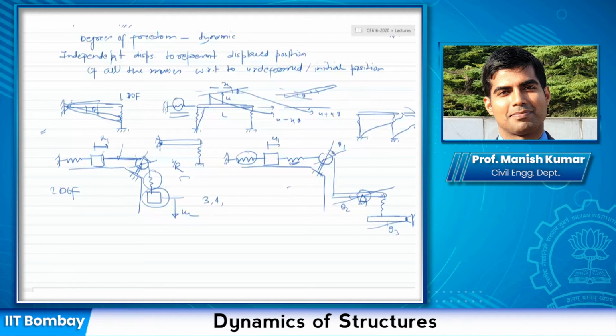Can I say whatever is the displacement through theta 1, how much it would be? Let us say it is rotating by theta 1. So theta 1 times r is the downward displacement, where r is the radius of the pulley, and whatever is the displacement here is theta 1 r, and this theta 2 would be theta 1 r divided by this length L here. Okay, so this theta 1 and theta 2 are not independent anymore. So that's why I need only 3 degree of freedom system, or this is only a 3 degree of freedom system. Is that clear to all of you, all of these examples?